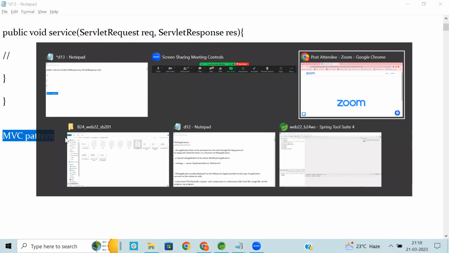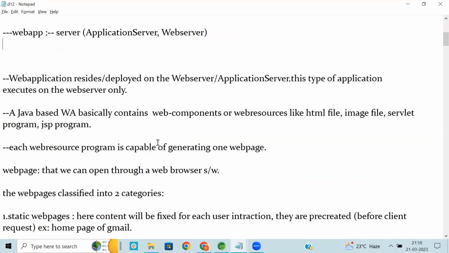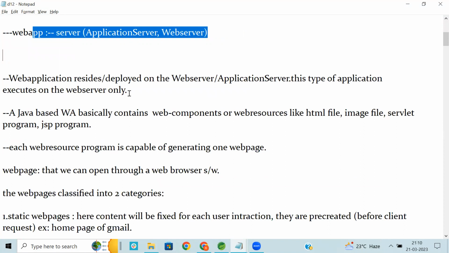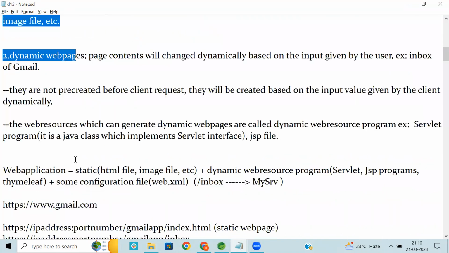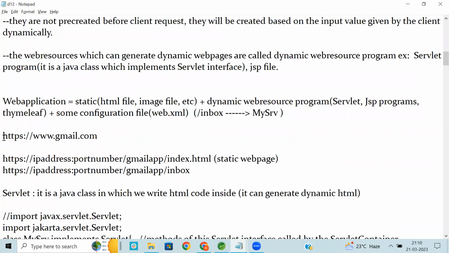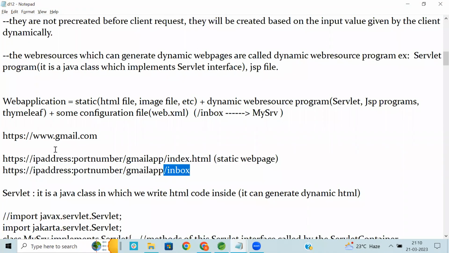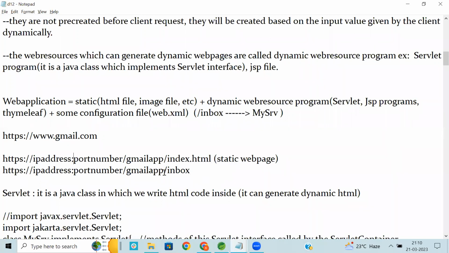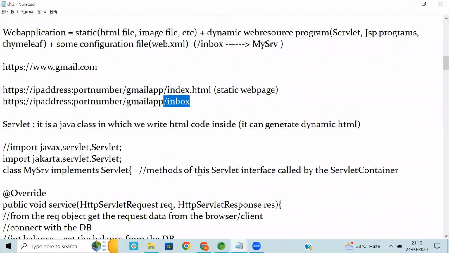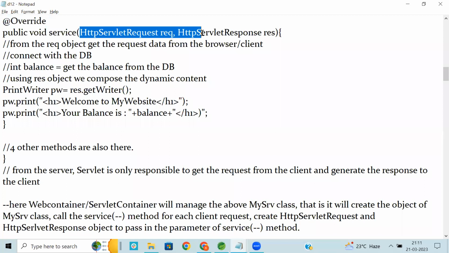And what is the role of this MVC? Last class we discussed, so let's quickly go through that. This is a web application. What is a web application? Where it is deployed on an application server or web server? What is the role of that? Static page, dynamic page, we discussed last class. If you hit a particular URL, how will it resolve? Basically, what is the URI? What is the URL? The difference between URL and URI. We discussed that. Then we discussed how to create a servlet, and inside that you might wonder